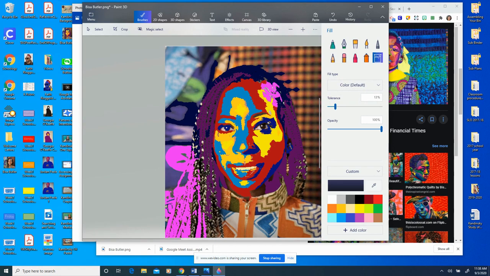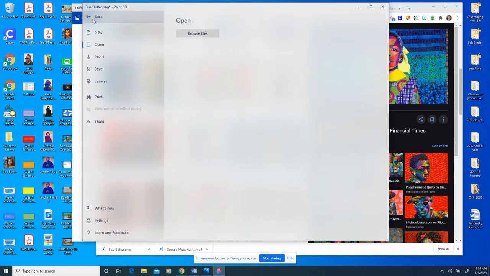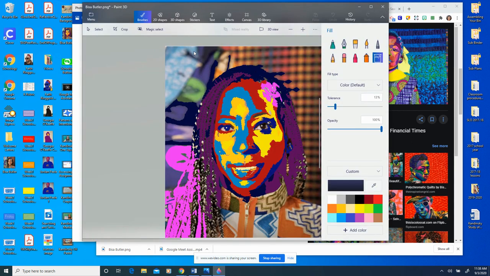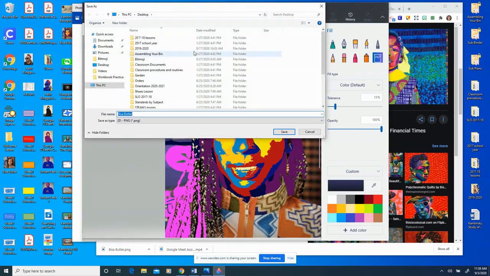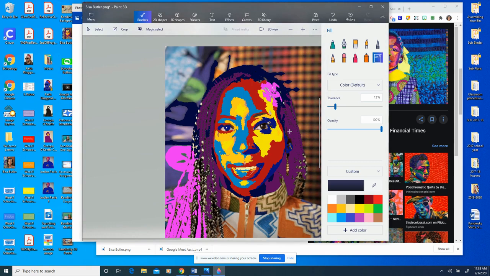So even though I might go back and make some more changes later or use a different color palette, I'm going to go ahead and save this. So I'm going to go to Menu and Save As, Image, and I already made one Bisa Butler attempt, so I'm going to call this one Bisa Butler 2, and I want to save it to my desktop. You can make a folder if you want to with these images. Hit Save, and it should pop up